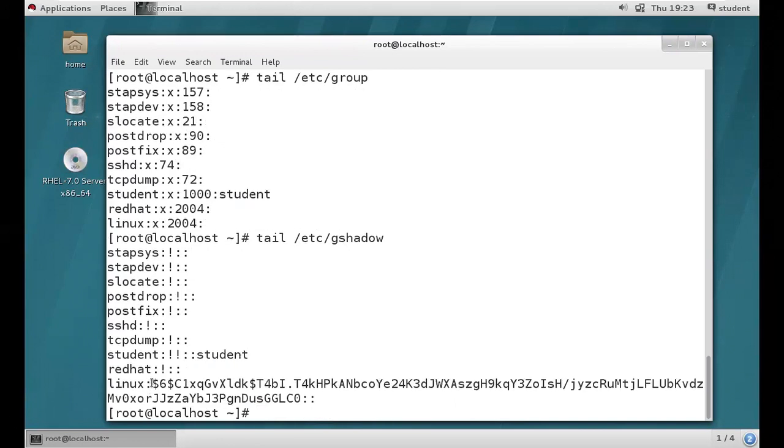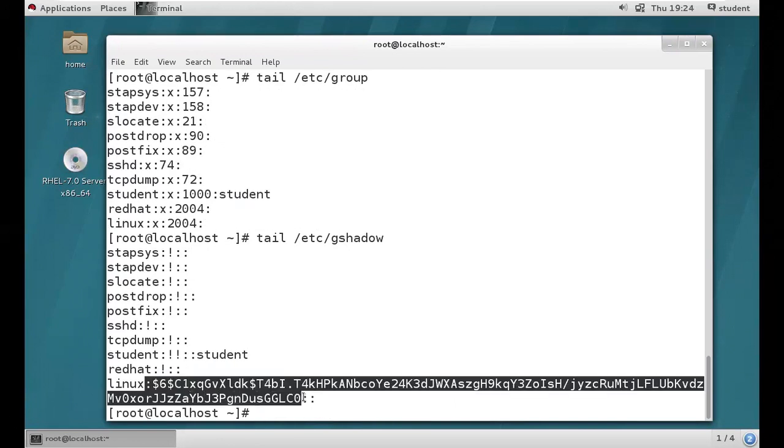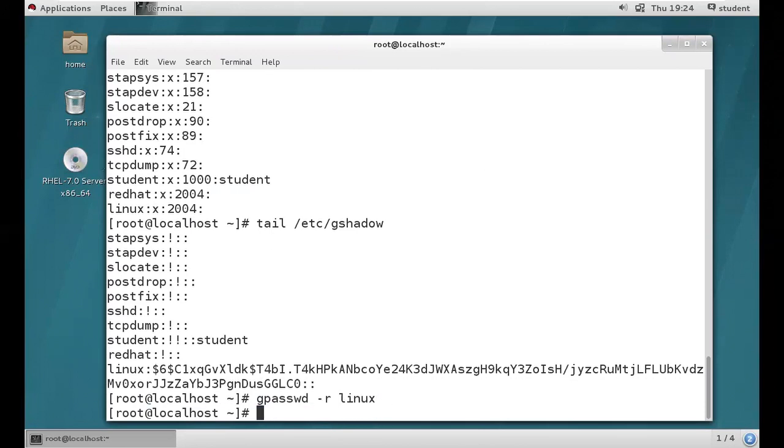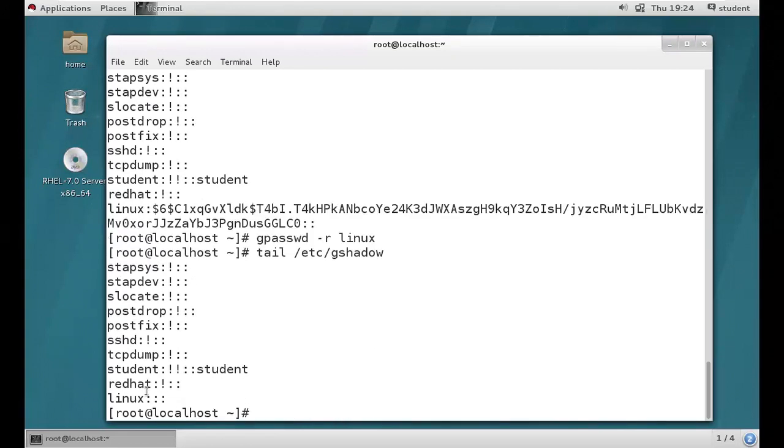So let's see here. We got an encrypted password. How to remove the password from the group? gpasswd -r, right? Then Linux is the group name. Then tail /etc/gshadow. There is no password for Linux.